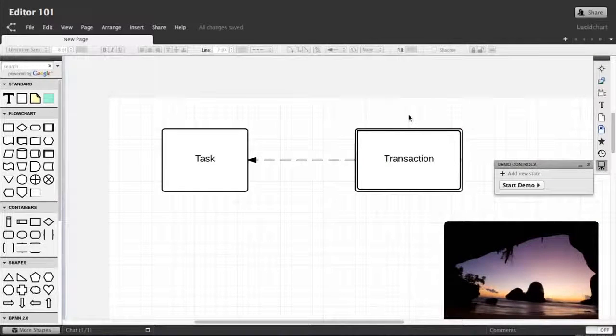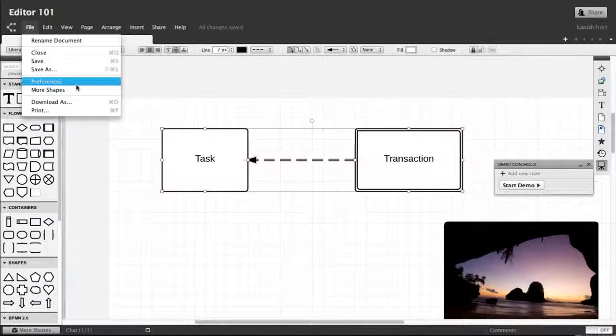The menu bar is the last piece of the editor. It is a more structured way to access features of the editor, and it also shows the associated shortcut keys. Some of the notable features include customizing the editor preferences,